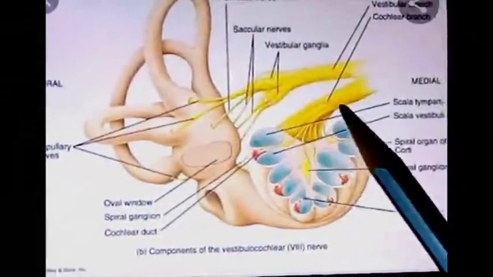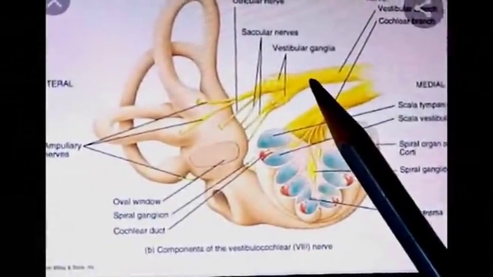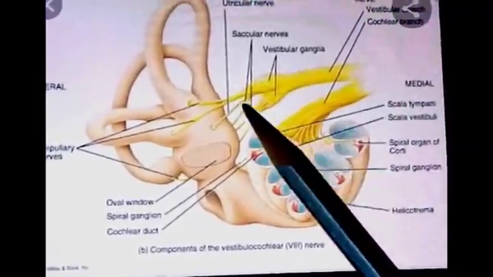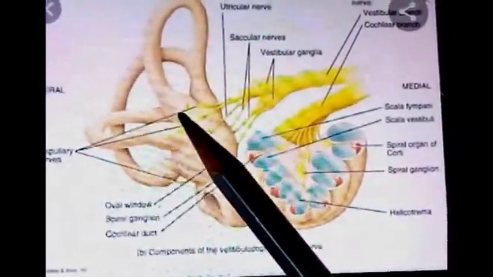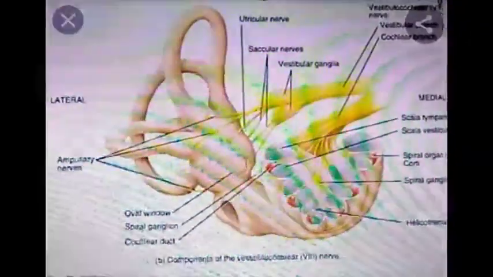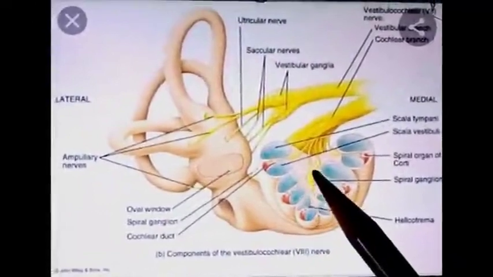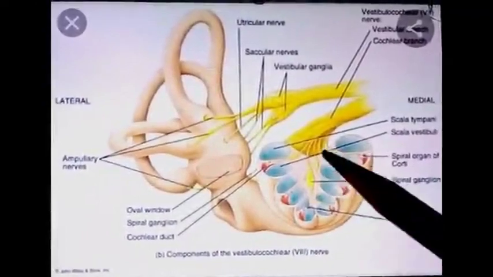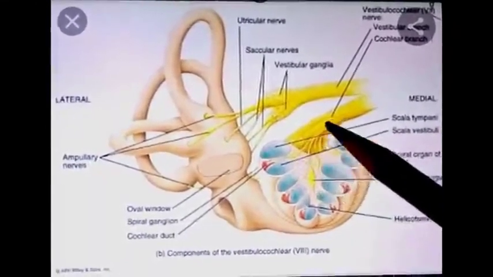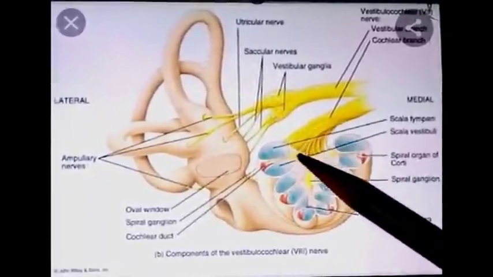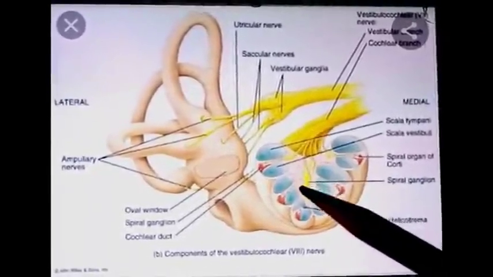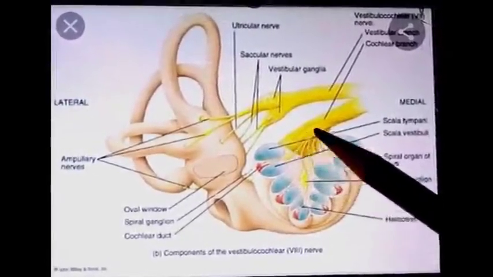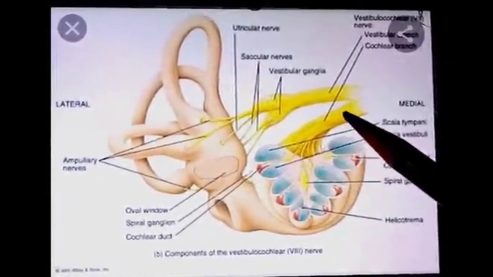Vestibulocochlear nerve is a nerve of internal ear. It is made up of two parts: cochlear part, which is arising from the cochlea, and vestibular part arising from the vestibule and semicircular canals. The cochlear part takes its origin from the organ of Corti, and from the hair cells, the peripheral processes arise and relay their information in the spiral ganglion present there, and then the central processes constitute the cochlear nerve.